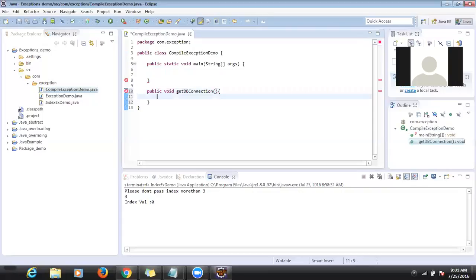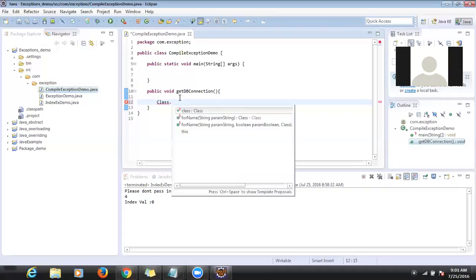Inside that, if anybody calls this method, it should return a database connection statement. How to get a connection? For the time being, just look at these lines. When I explain how to connect with an Oracle database, and how to retrieve and update records, I will explain more. For the time being, just keep something in your mind. Class dot